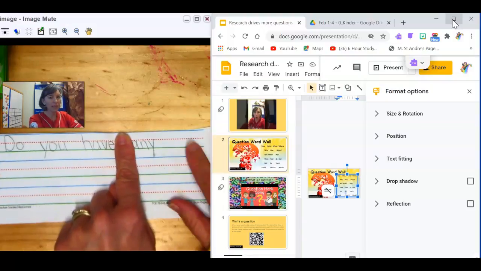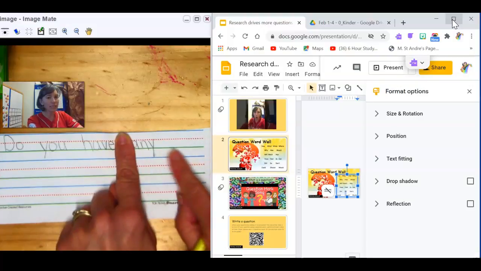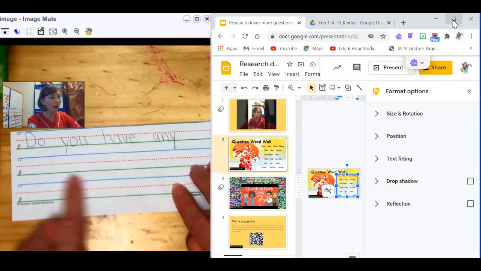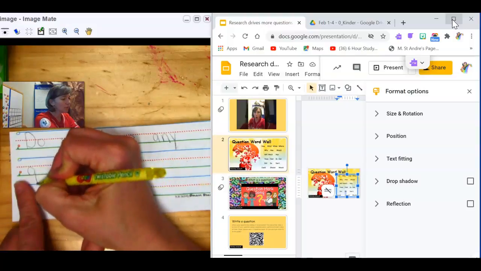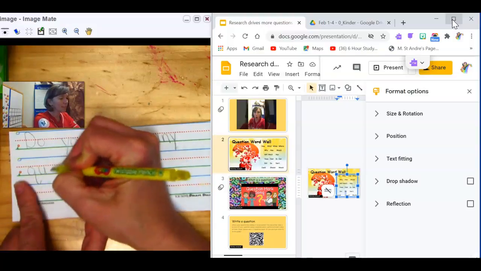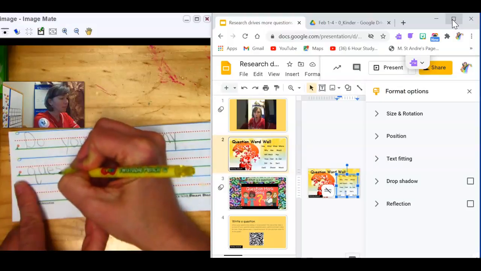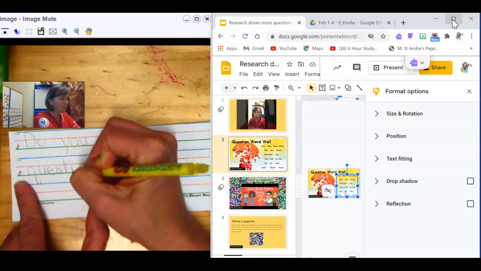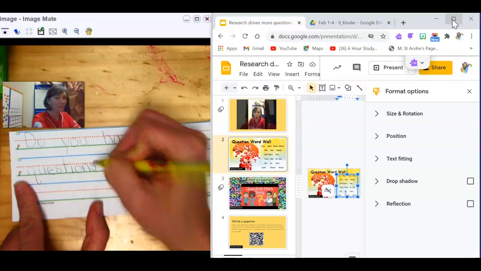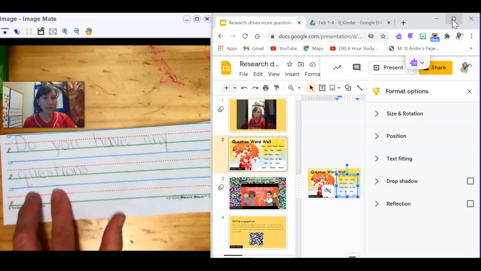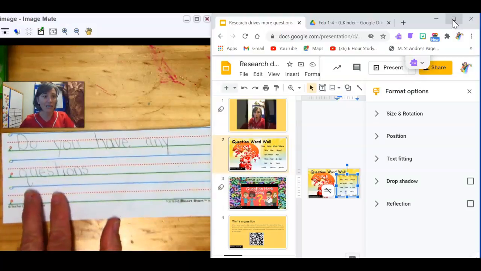I don't have room on the rest here, so instead of trying to squeeze in my word, I'm going to wrap it around. Questions. It looks a lot like a regular sentence, doesn't it?